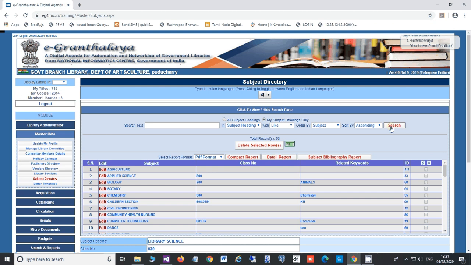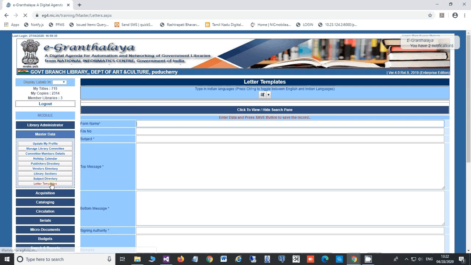So accordingly you can search subject headings, then you can even generate the subject bibliography report, where the complete collection list will be listed according to subject headings alphabetically. You can edit, you can delete the subject headings on this form.